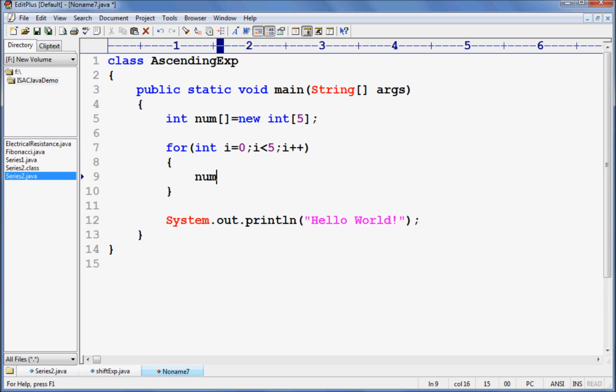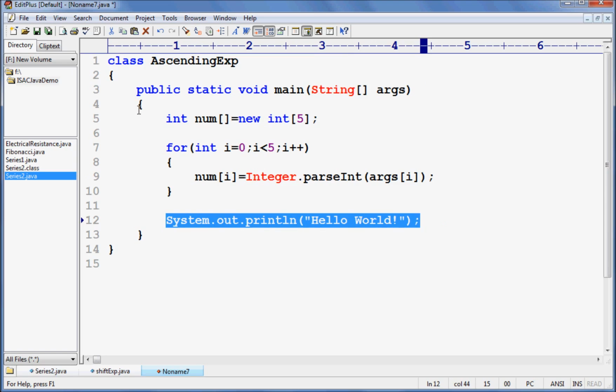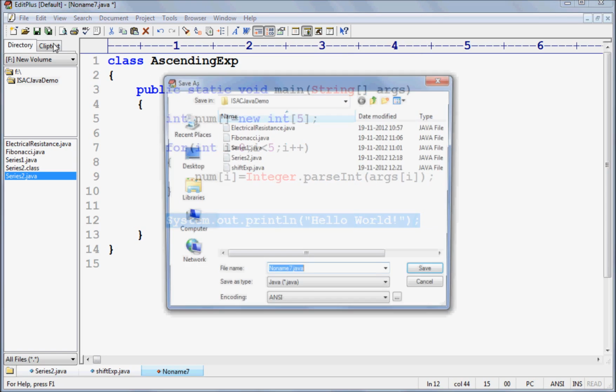So what we'll do here, num of I means num of 0 equal to Integer dot parseInt of args of I. So first value it will convert and store to this array, right? Similarly second value, third value, so all the values will get stored in num of I. So now this num array is holding all the 5 numbers, okay,